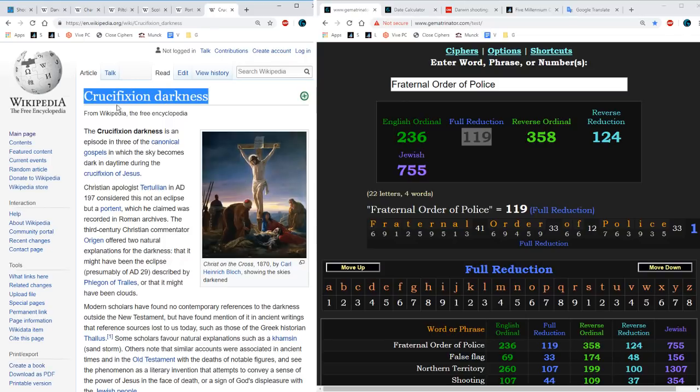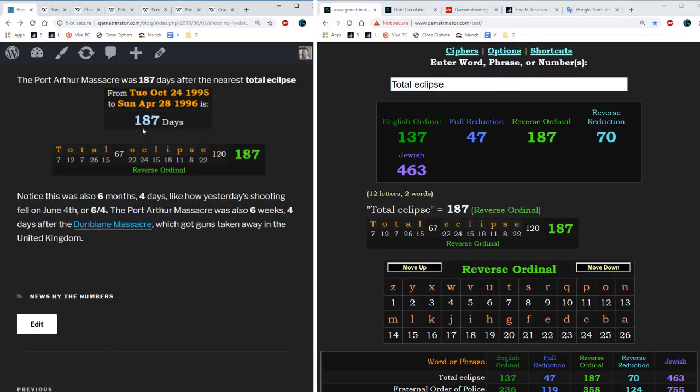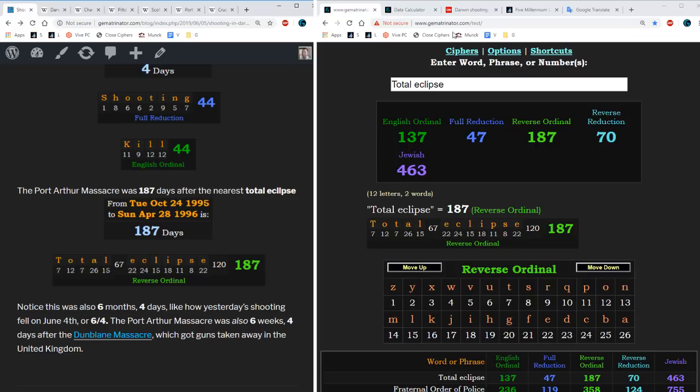Notice how on this page about crucifixion darkness, they show us a painting from 1870. A lot of people recognize the number 187 as the homicide code. That's slang. It comes from rap songs, but really it's the penal code in California. 187 is murder. Total eclipse sums to 187 in the reverse alphabetic order. And on the date of the Port Arthur massacre,